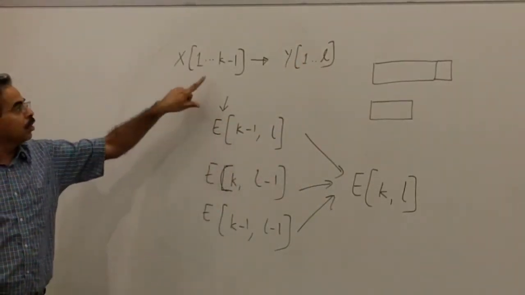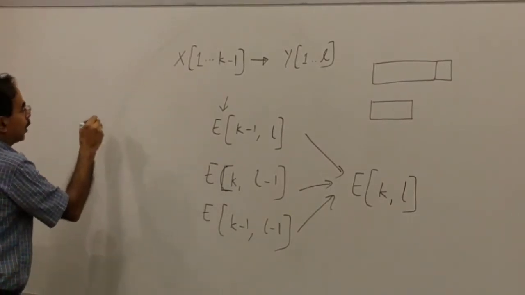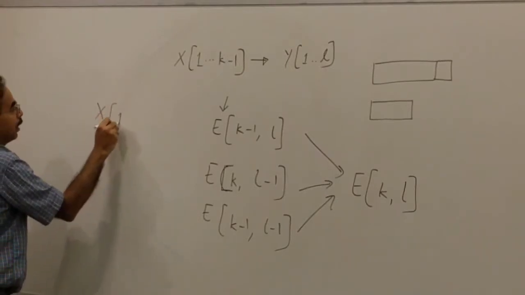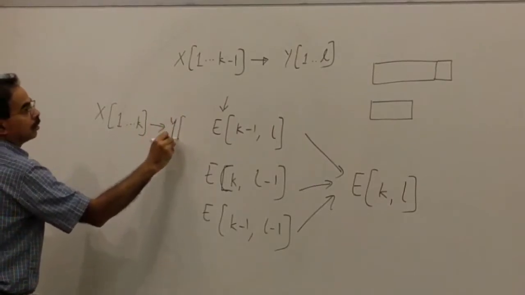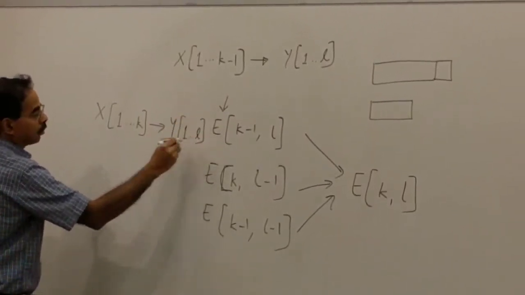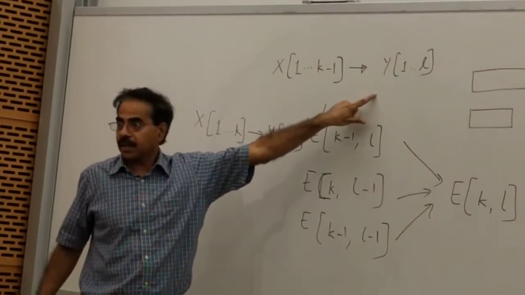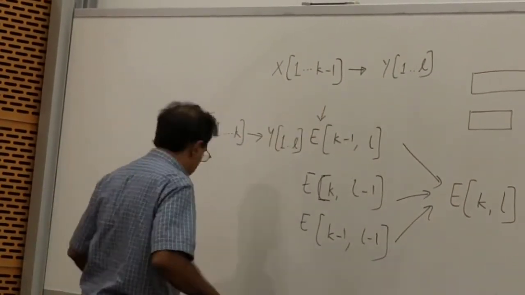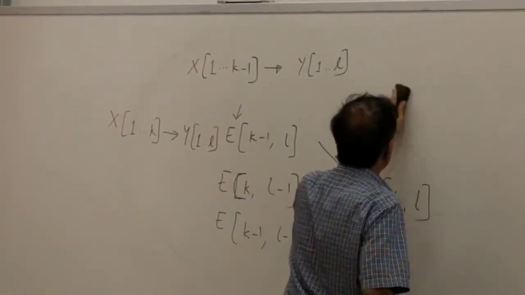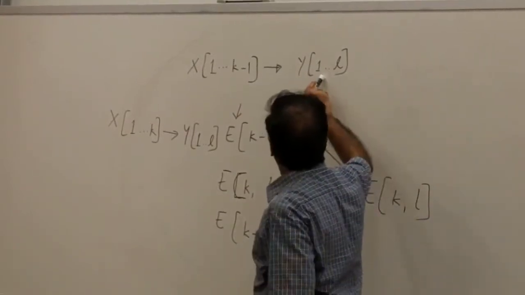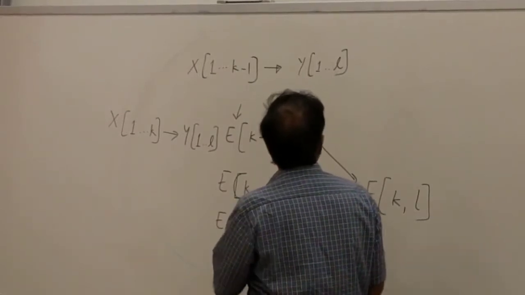From this, how do I go to the next one? This is the edit sequence you want to compute. Suppose you know this already. Then you just need to do one more step. You already have your way of getting to y1 comma L from there. So what you can do is